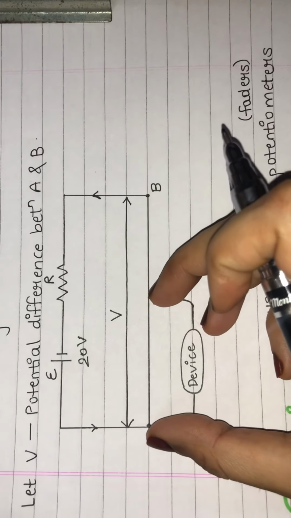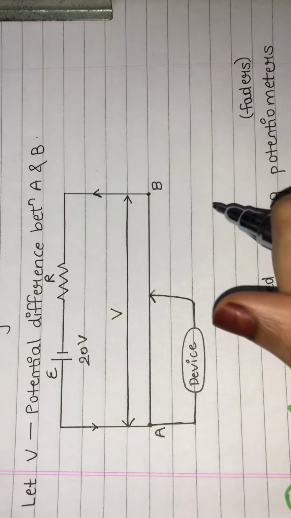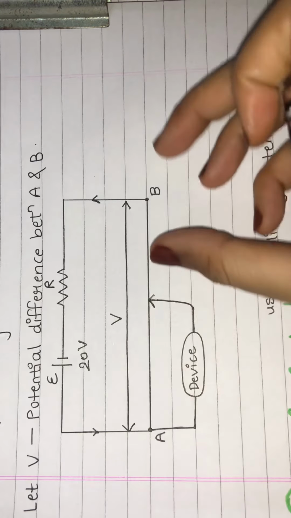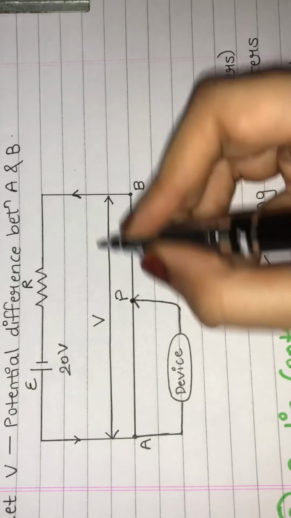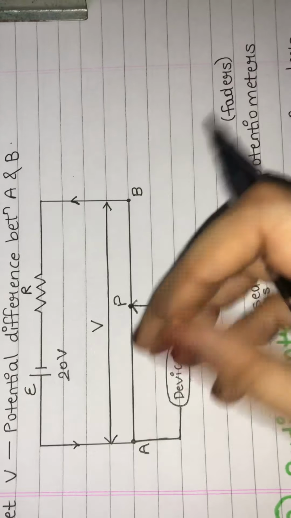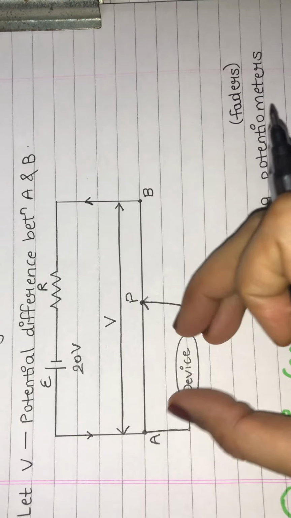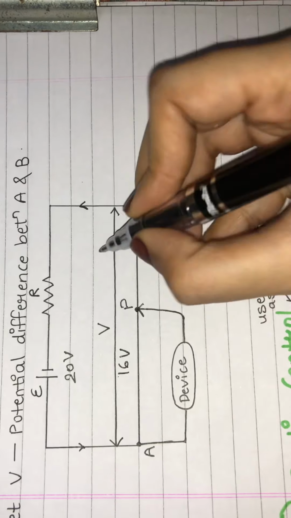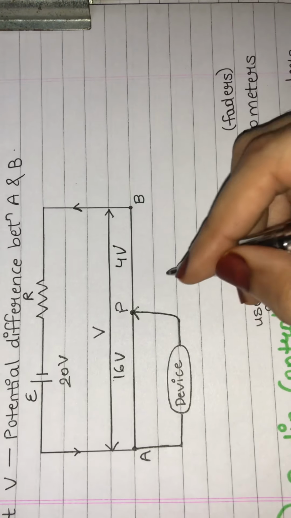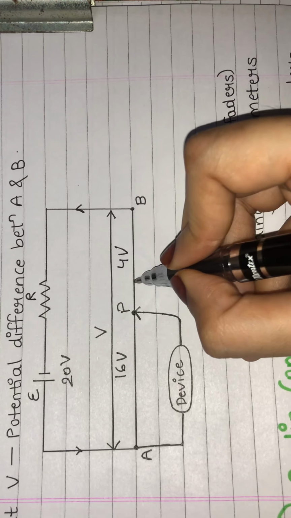Okay, now according to the length, the potential difference will change across the wire. If here the length is L1, and here the length is more, let this be point P. So whatever is the length over here, according to the length we'll be getting the potential, or the voltage, to this device. Suppose here the length is more, so it is 16 volt this side and 4 volt this side. If I move the slider to this point,